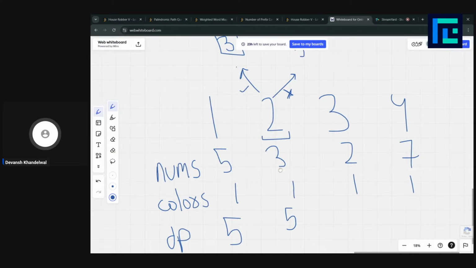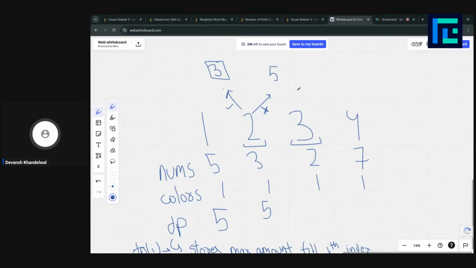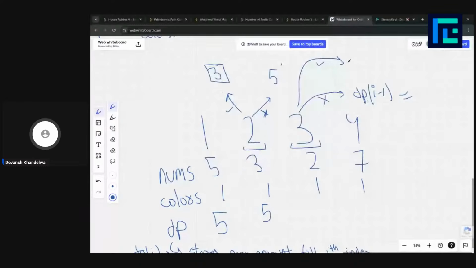How are we going to calculate it the DP way? We are going to use this index for the same. I'm going to show you how we calculate it the DP way. So let's say we took this or we didn't take this. If we didn't take this, that means we wouldn't care if we took the previous or not. So the answer here would be dp[i-1], the answer it had at the previous index, because we didn't take this. And if we took this, the answer would be the amount this index had.